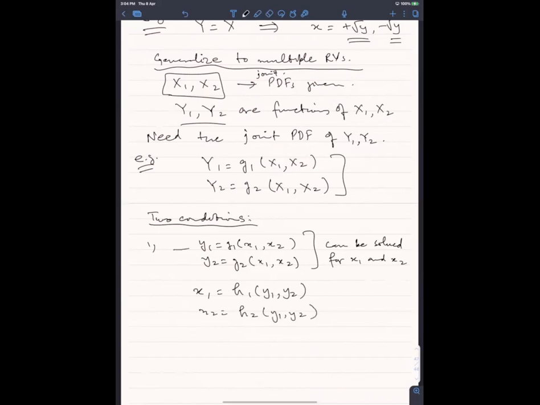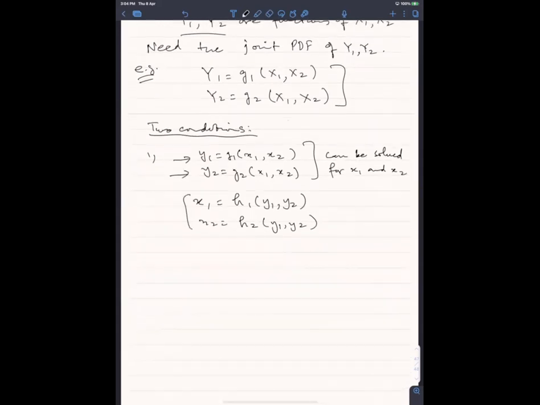So बजाय इसके कि y को हम x की टर्म्स में रिप्रेजेंट करने के, मैंने दोनों एक्सिस को जो है वो y की टर्म्स में रिप्रेजेंट कर दिया। ओके, the second condition is कि the following